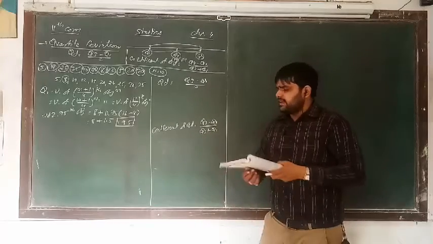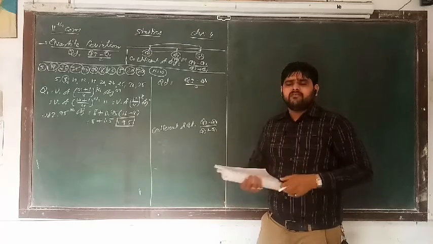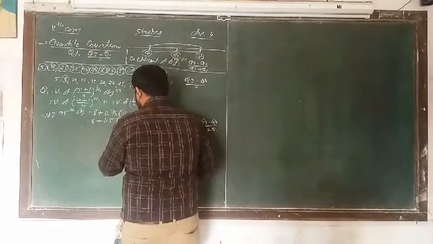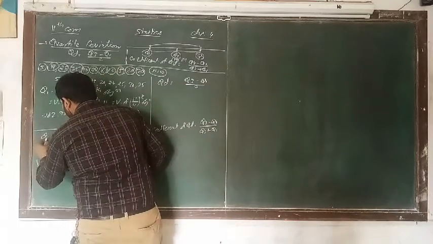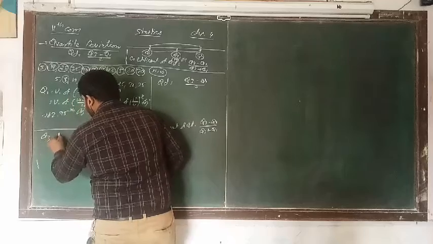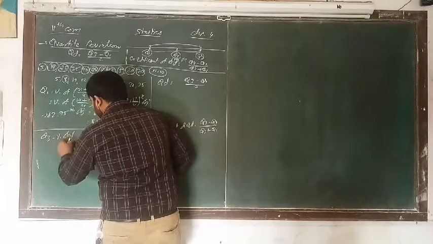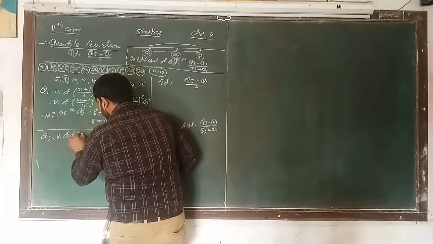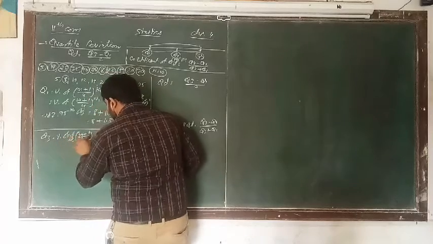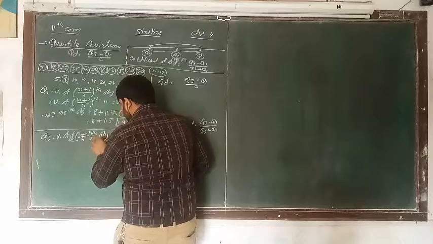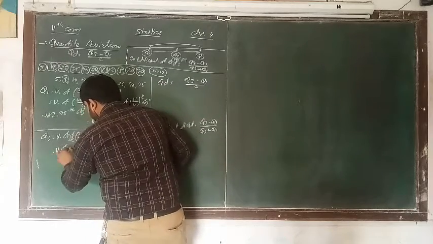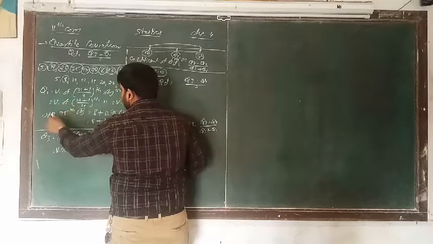Same as Q1, what we have to do? We have to find out the value of Q3. So how do we find Q3? The second one is that we have to find out the value of Q3. So the value of 3 times (n plus 1) divided by 4th observation. So simple, value of 3 into, directly we can take